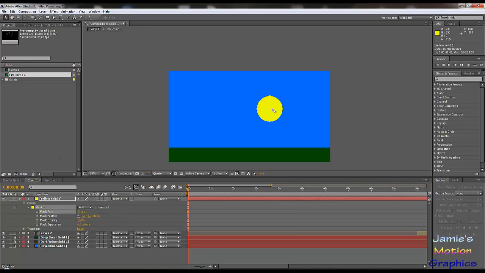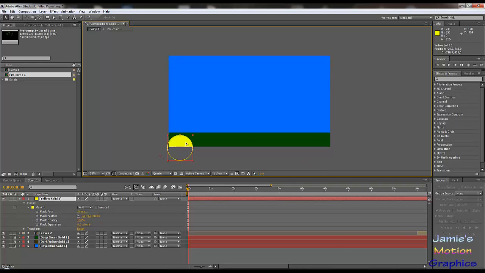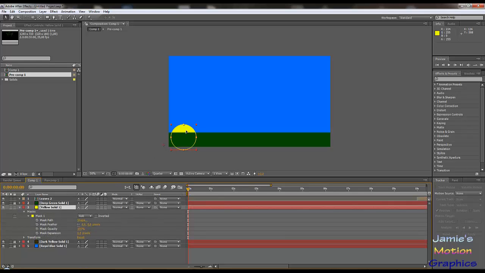You can make it smaller if you want to. Yeah, let's edit this a little bit. So at time 0, we want this to be all the way down here. Oh, yeah, obviously, as you can see, it needs to be behind the ground. We're going to pick up the layer, drop it behind the horizon, or the field, but above the background layer, which is the sky. We do want it to be visible. So we're going to put it over here, and then over the first, I don't know,